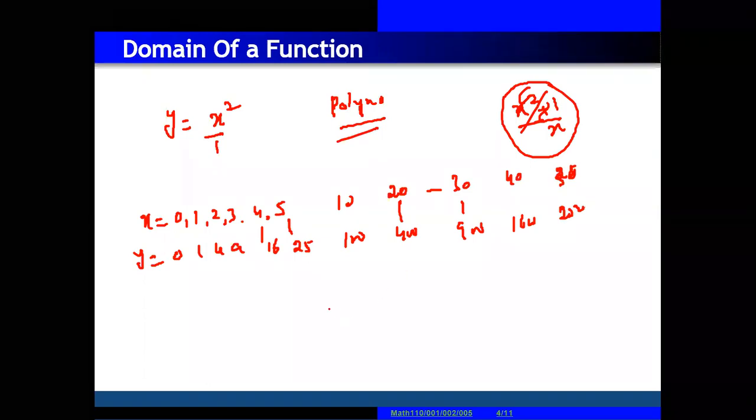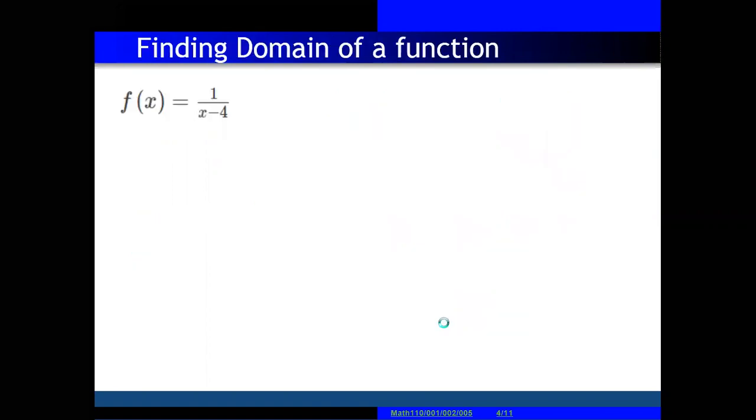So same, we can say that the domain of the function is from minus infinity till plus infinity. Clear, guys? Yes, sir. It means that you can give any value from minus infinity till plus infinity. Minus value possible, plus value possible, 0 also possible. So that is the domain of the function.